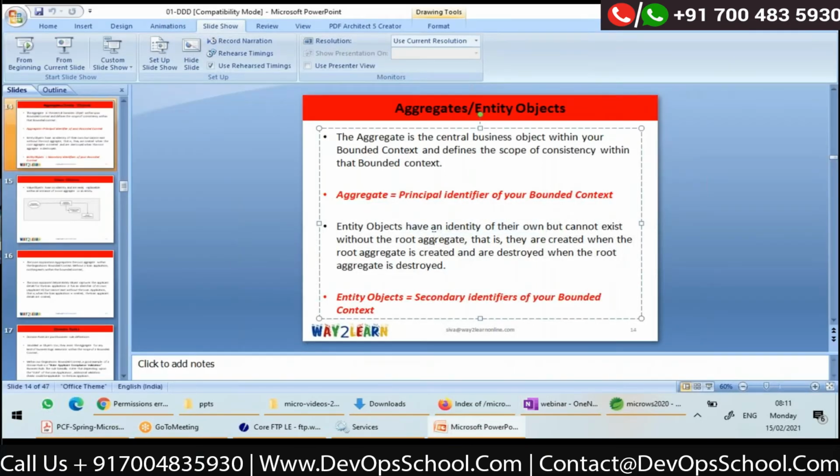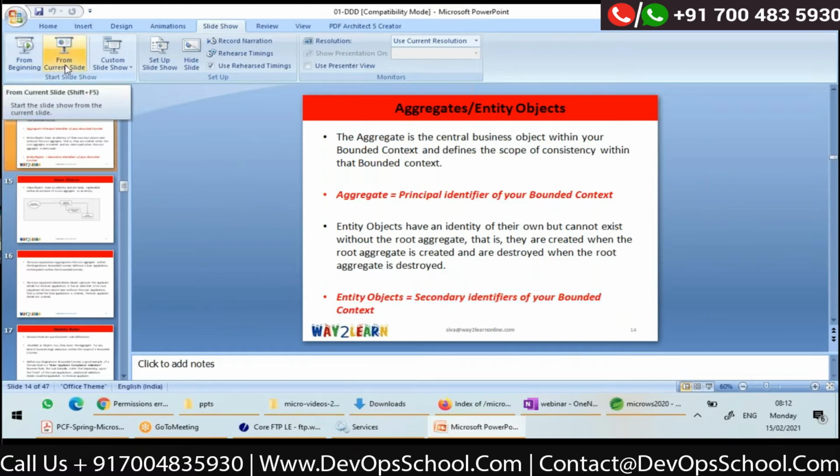So entity objects have an identifier of their own, but cannot exist without a root aggregate. They do not have any meaning, right? So entity objects are nothing but secondary identifiers of our bounded context, right? So now you understood what is an aggregate and what is an entity.